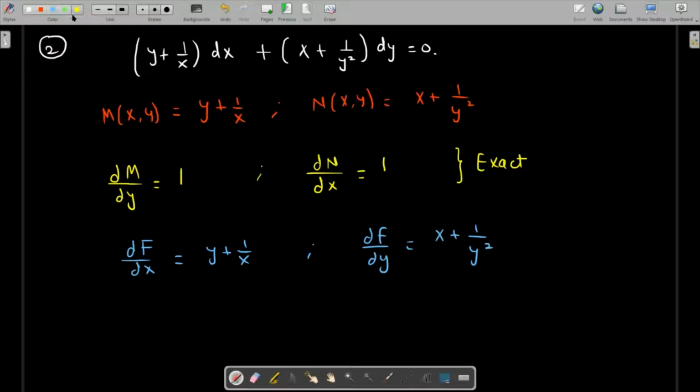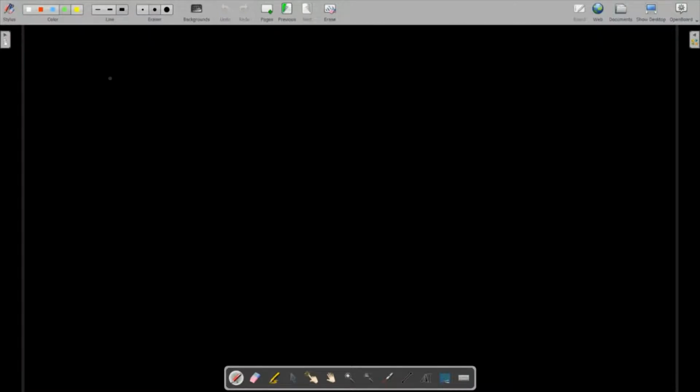So as usual, this time let's start with this one. Let's integrate this and use the other one later to find the final function, because in the previous question we used df over dx. So let's do this one with df over dy. So our df over dy is given as x plus 1 over y square. So we're going to integrate both sides with respect to y. So we are going to get the function f of x y, as this will become x times y, and integration of 1 over y square is